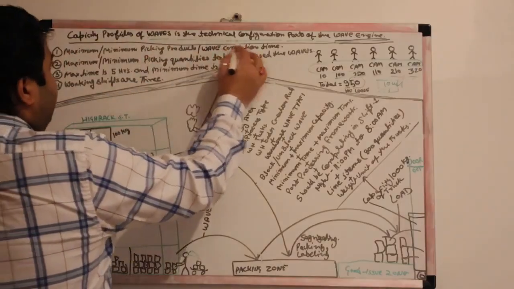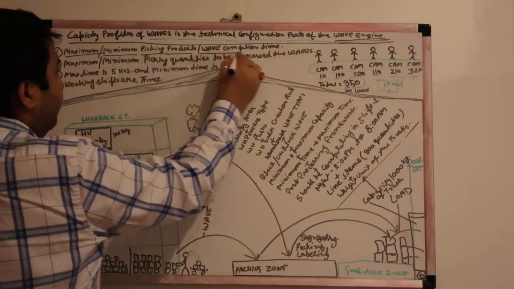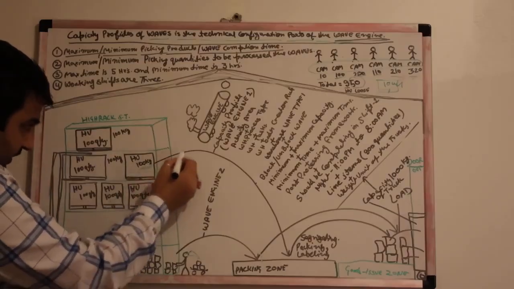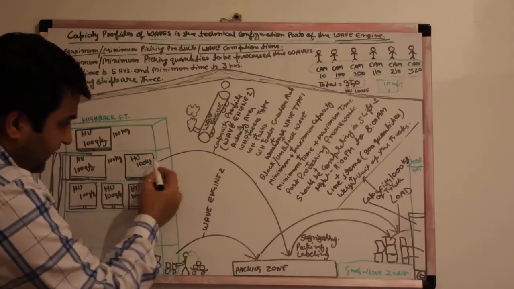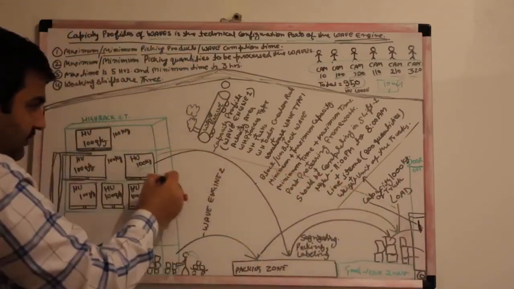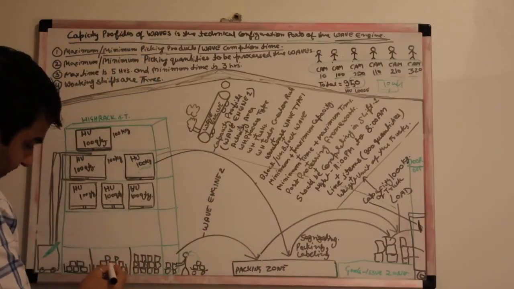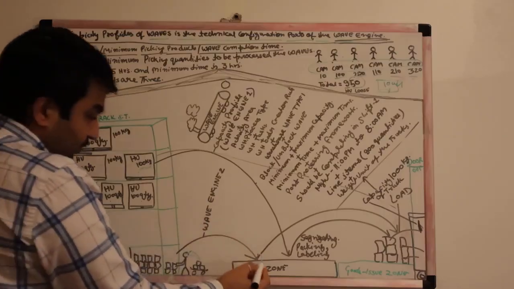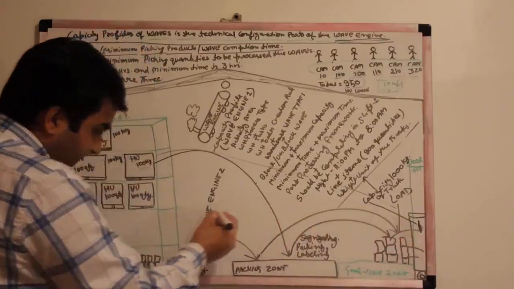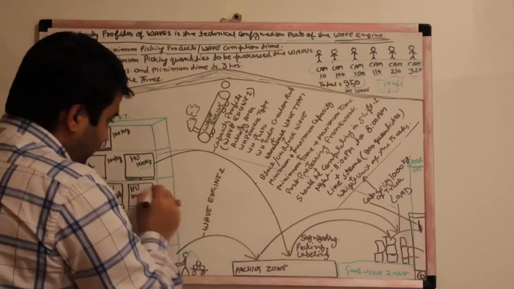The capacity profile, wave technical, the wave engine contains properties: maximum, minimum picking product, wave completion time. From picking here till loading to the truck, this comes as one flow. This is one wave. Then picking the product from the loose quantity, putting to the packing zone, then bringing to the goods issue zone, then loading. This is another flow, which is wave 2. This is wave 1, picking product from